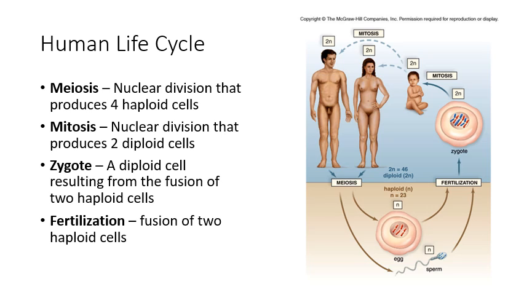Okay. Meiosis, again, we're producing 4 haploid cells. Mitosis, we're producing 2 diploid cells. So we've covered mitosis already. And the point of undergoing meiosis is so that we can undergo fertilization and make a zygote. And so the zygote is going to be the diploid cell that then grows into a new organism.